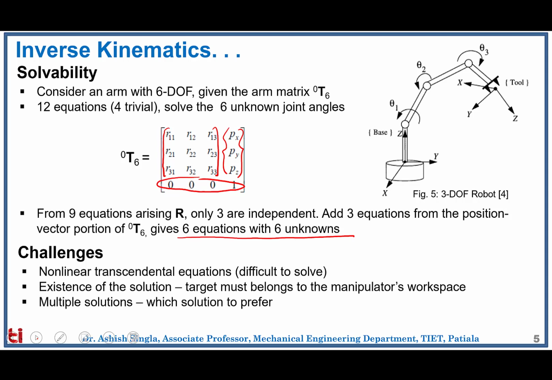Then the inverse kinematics system involves multiple solutions. Out of those multiple solutions, which solution the algorithm should prefer to move ahead, that is also a challenge. And finally, the singularity issues, because in the workspace there are many singular points. Singular points are points where the robot loses 1 degree of freedom and the joint radius goes to infinity.